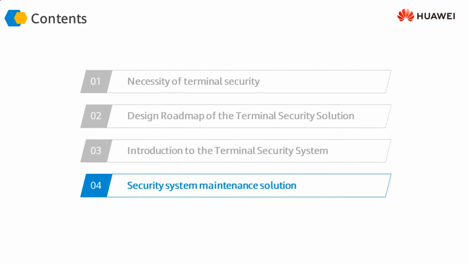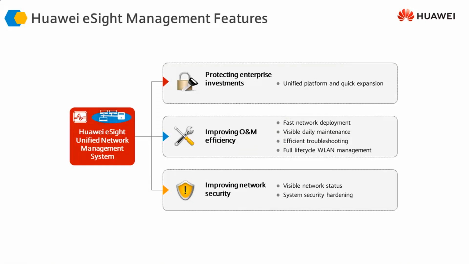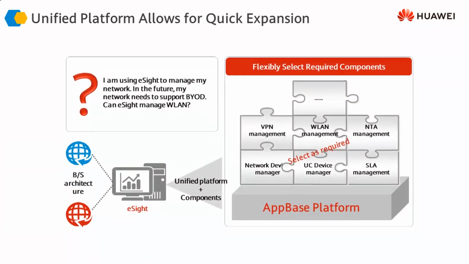And finally, in order to manage all this, we have Huawei's NMS solution, which we call the eSight Management Solution or eSight NMS. This NMS provides network management functionality not only to the security solutions that Huawei implements, but to other basic network infrastructure solutions as well, whether it's routing, switching, or wireless LAN access. And in fact, it even provides basic network management functionality for certain third-party devices as well.